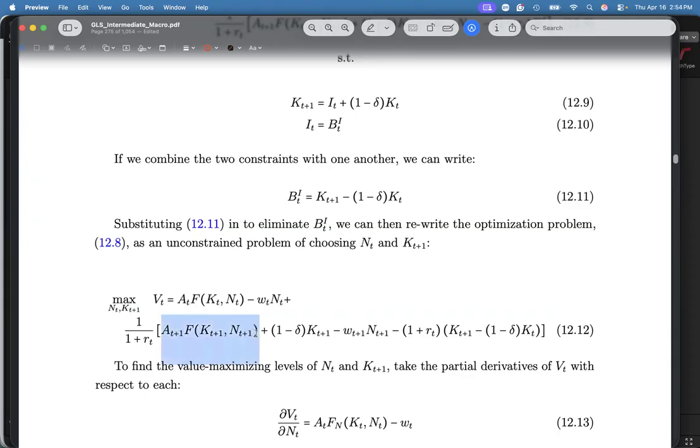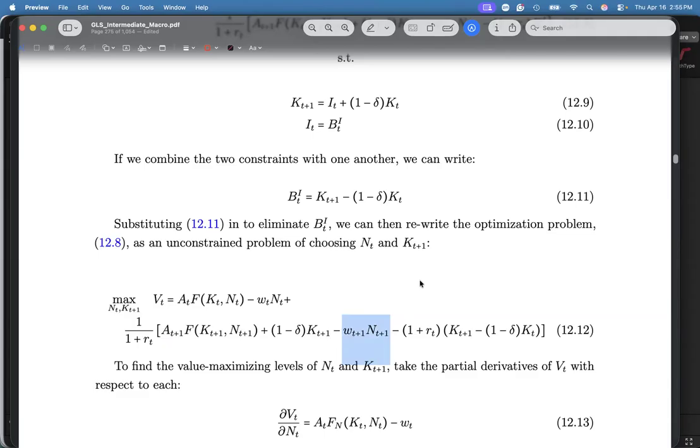It will affect your... Saan mo makikita si KT plus 1? Isa-isahin natin. What's this? Sure, that's output po. Output. So KT plus 1 will affect output for sure kasi capital is an input. What else? What's this? Okay, pinag-usapan natin yan kanina. Balikan nyo na lang. Basta it will affect this one also. Sigurado dapat alam nyo na to. Will it affect this? Yes or no?